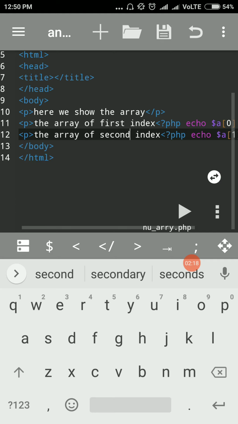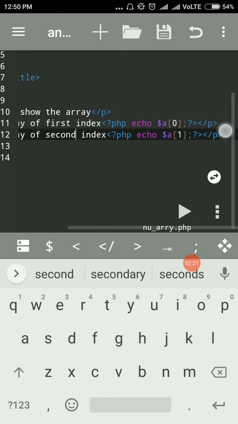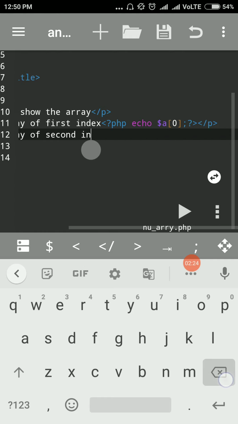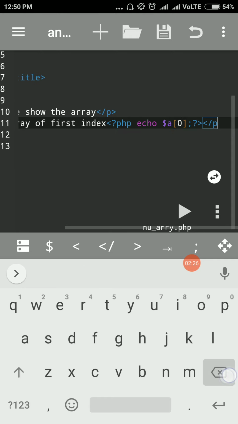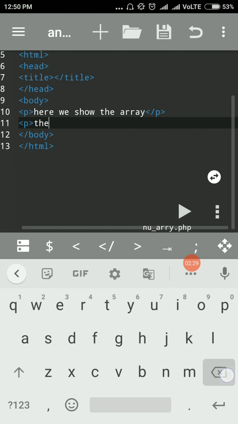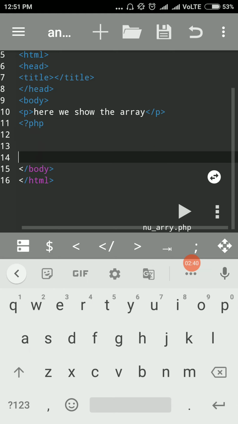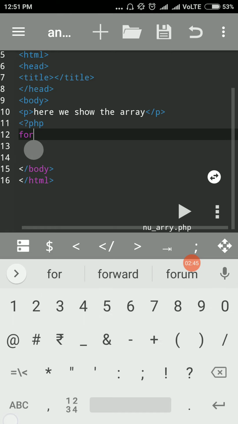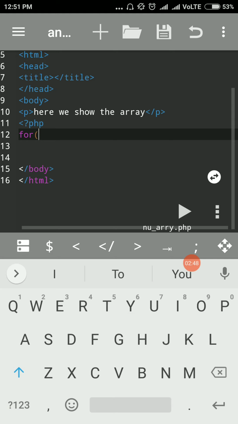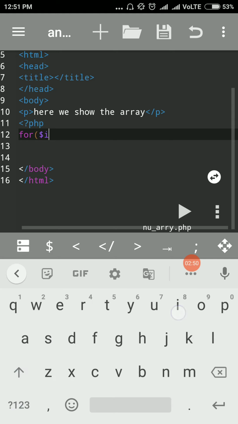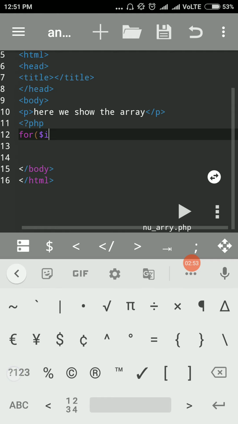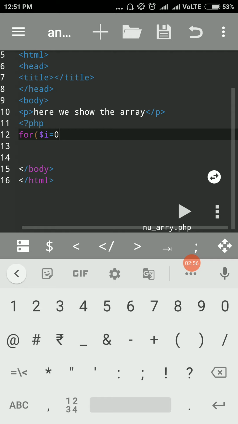So we remove this one file, and I want to write out all the values one by one. For that we need a PHP script, HTML is not possible. So again we use a PHP script, starting the script, and here we take the for loop. Inside the for we take one variable, dollar i, with the value 0 first of all, then a semicolon.